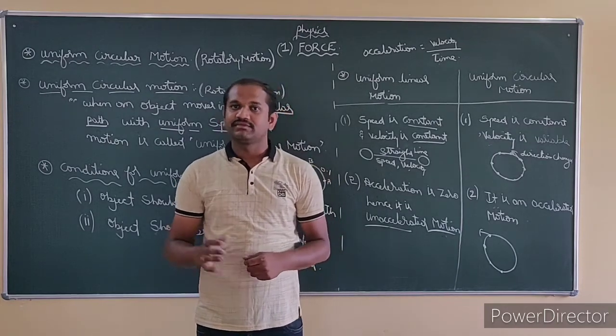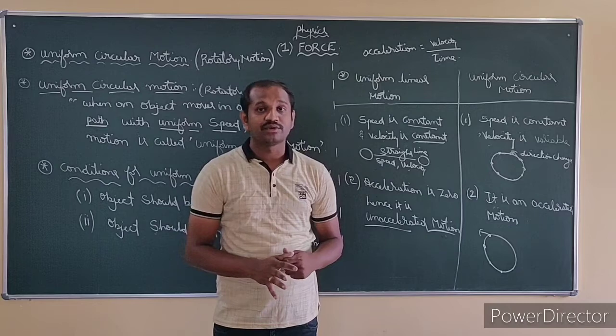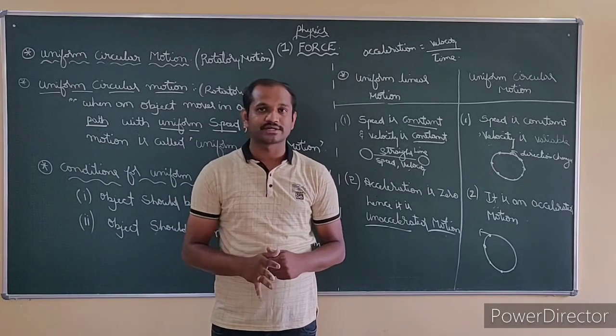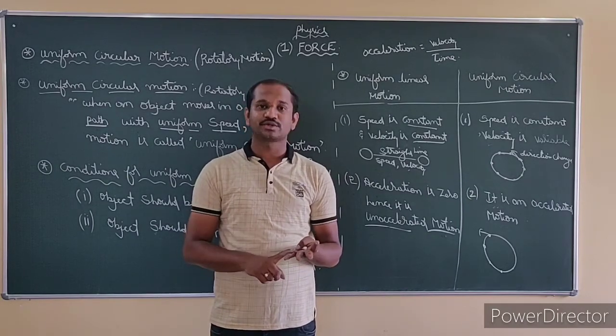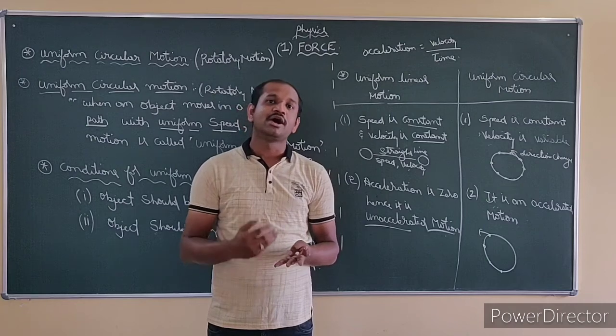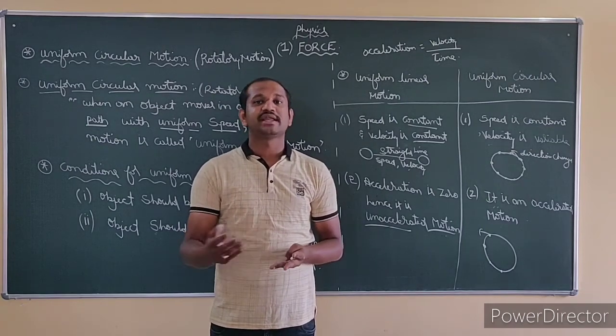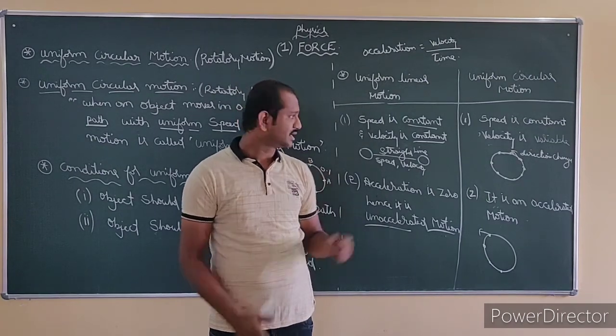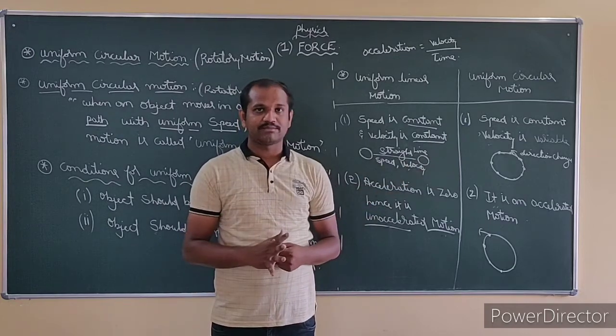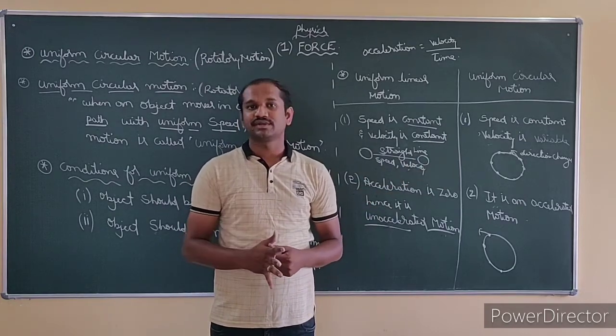So by this, today we will wind up the concept of uniform circular motion. I hope you have understood better. Remember, in uniform circular motion, speed is constant or uniform, velocity is variable or non-uniform. Understanding the difference is also very important. So in the next class we will go on explaining